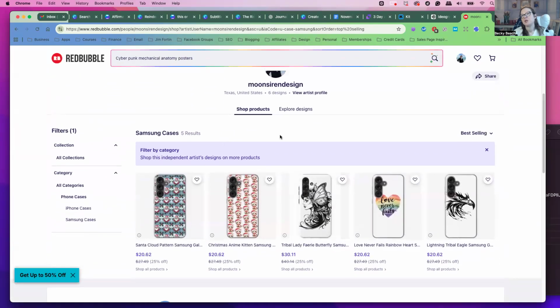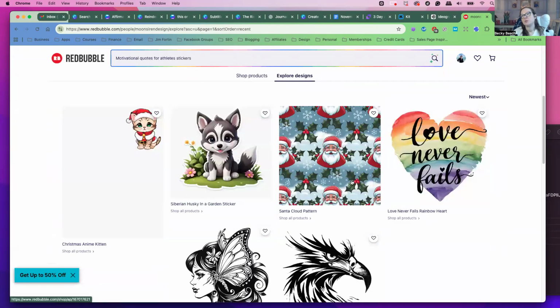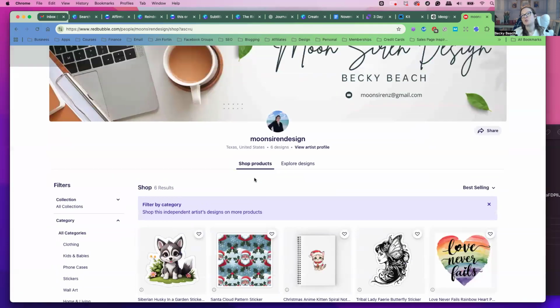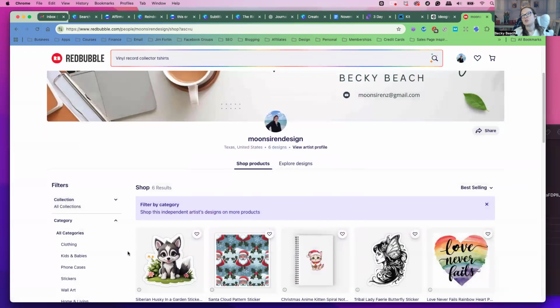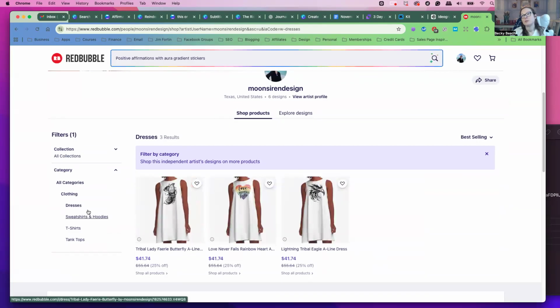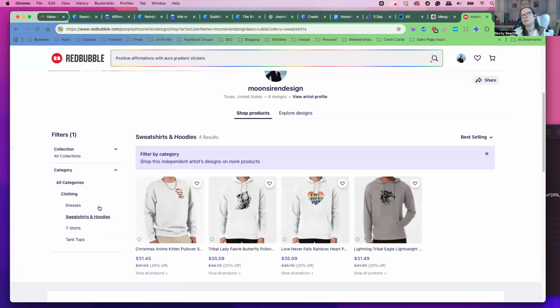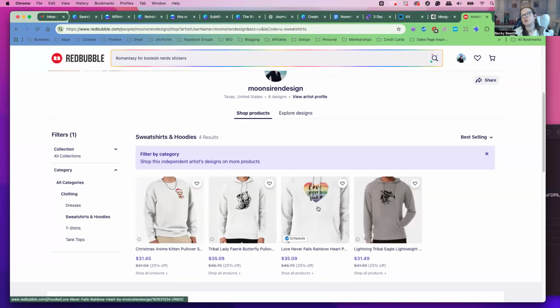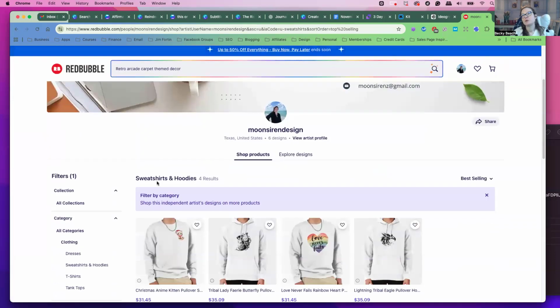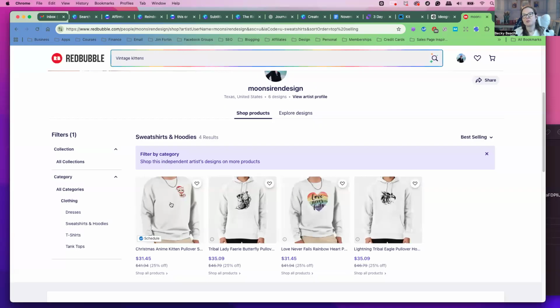So those were the designs, and you could make a lot of money because these are the designs in the store, and you could put them on each product. You can decide how it looks. It can be on clothing. I made shirts with it too, and then dresses, and then sweatshirts and hoodies. This one is a good seller. It's a Bible quote called "Love never fails." That one's good. So I'm going to be making some more designs to fill up the store.